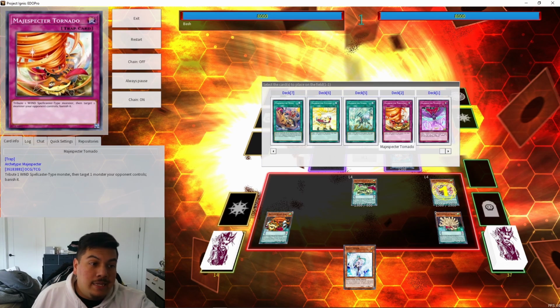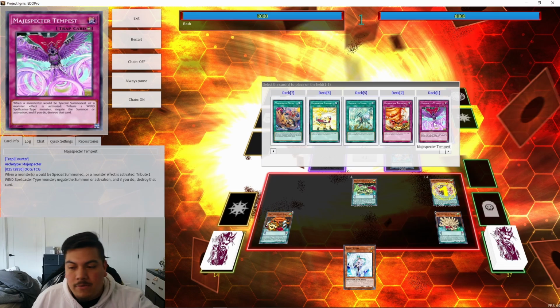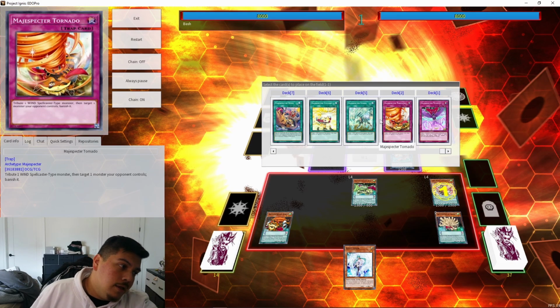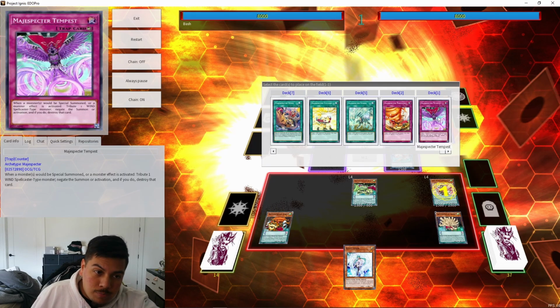We'd also go ahead and set Majespecter Tornado. It really just depends on what we want to do. We'd also go ahead and summon out like Yadas or whatever it might be from our deck. Whatever monster we are summoning off of the Pendulum summon is what's really going to determine what type of interruptions that we want to go ahead and set up. Whether we want a or how many we want to go ahead and set up. I like to prioritize searching out the field spell as well, so that's